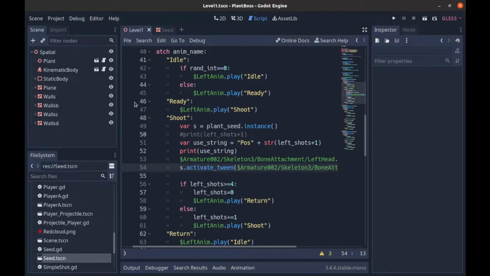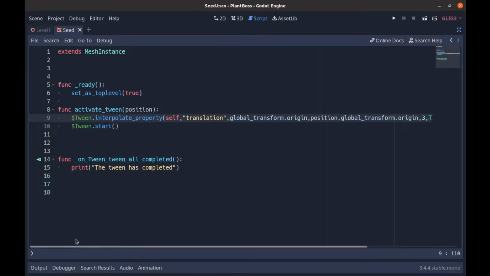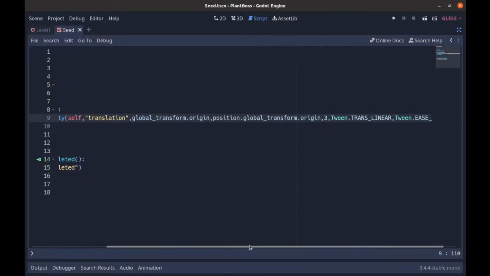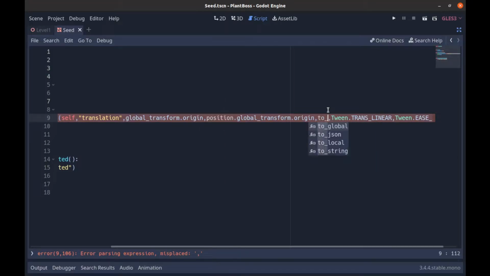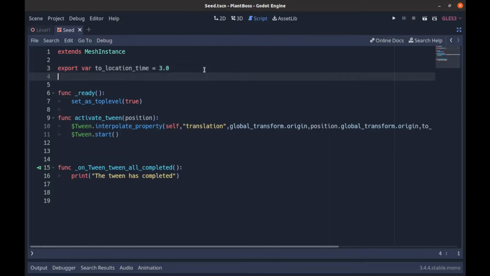Alright, so what we're going to do is go back to our seed class. Our seed scene, sorry. And then in our interpolate property, we just going to make this easier on ourselves, and we're going to call this to location time. And then I'm just going to Control C, and we're going to make that an export var up here. And we're going to put this at 3.0 to make sure it knows it's supposed to be a float. And then we're going to copy this, and then Control V, and we'll put this one at 0.5, and this one is going to be to